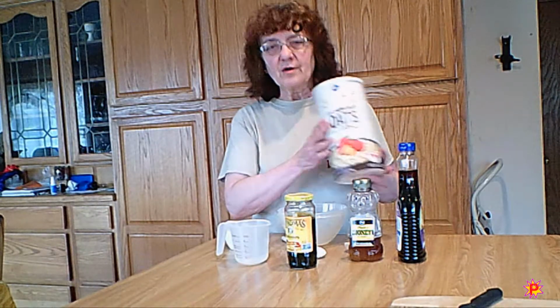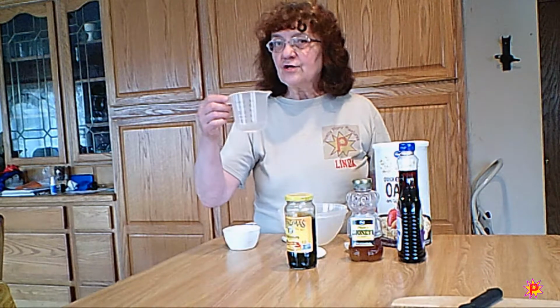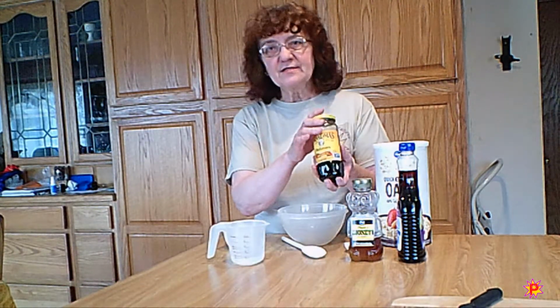Either one will work. The other thing that we need is water. We need 2 ounces, 1/4 cup of water. And the last thing that we need is molasses. Now, you can use molasses if you have it in the house, and I know some people don't have molasses